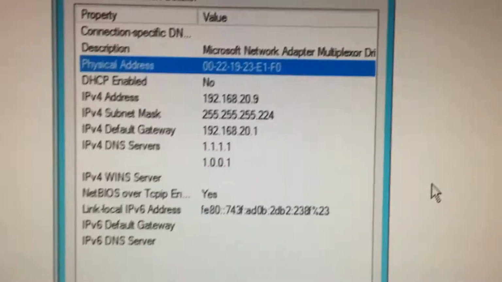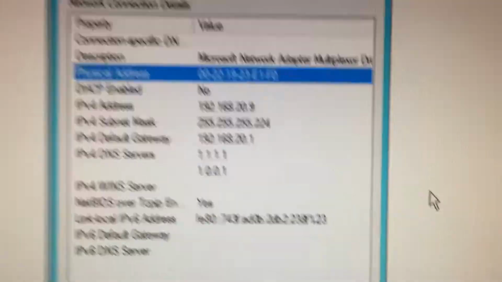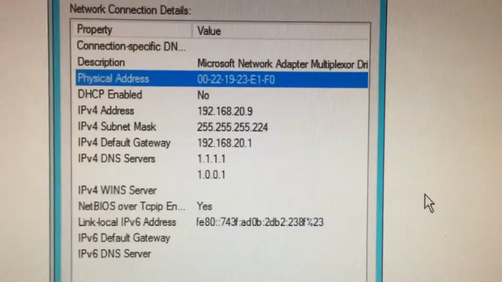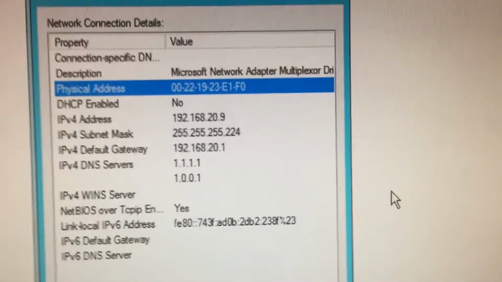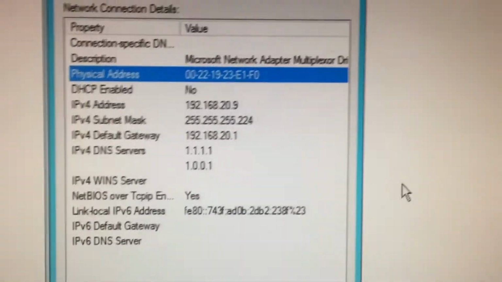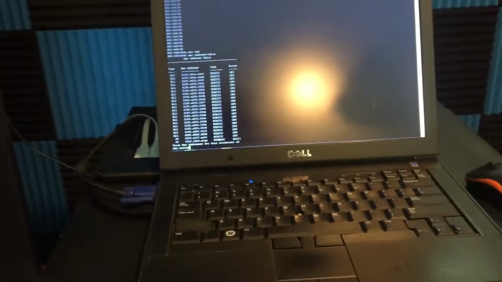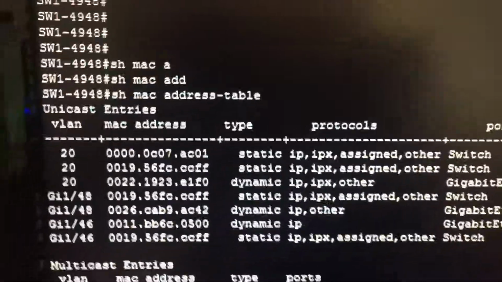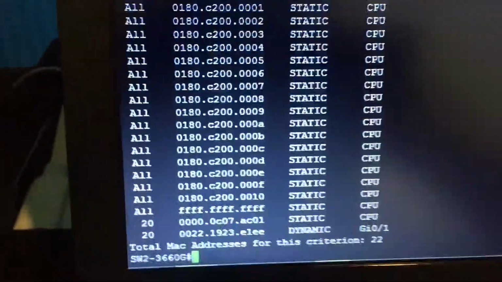So when the server starts sending outbound traffic, say you're copying a file or something like that, like I was just doing over there, both NICs are going to send traffic. It's going to load balance the traffic out of both of the network interfaces. But as you can see on here, like I showed you, the MAC address table on switch 1 and switch 2,